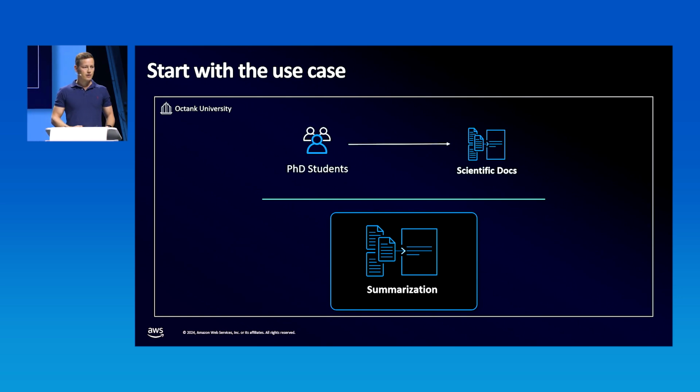And we are going to help Octane University to provide an application for the PhD students who need to read quite a lot of scientific papers and articles, and they have to consume that in a very fast way, because basically in computer science, everything is evolving very fast. So we are going to help them to build a generative AI application that is going to summarize those scientific documents. But we need to take into consideration one important thing. The summarization needs to be accurate. So the model cannot create invented